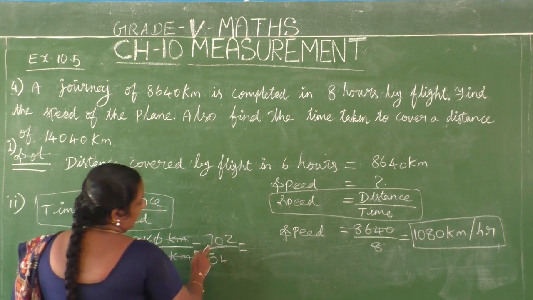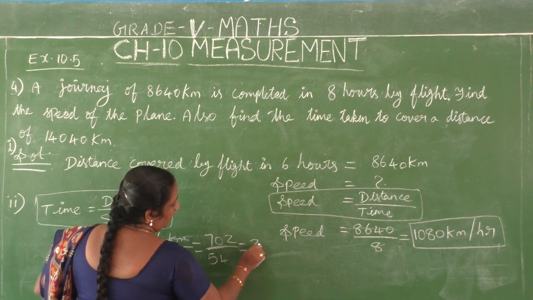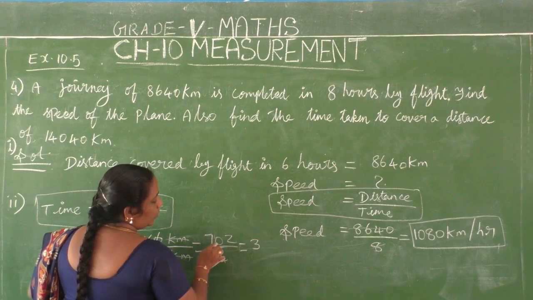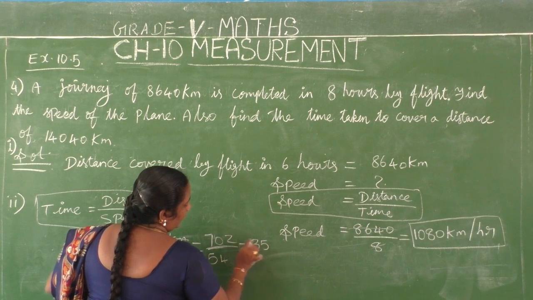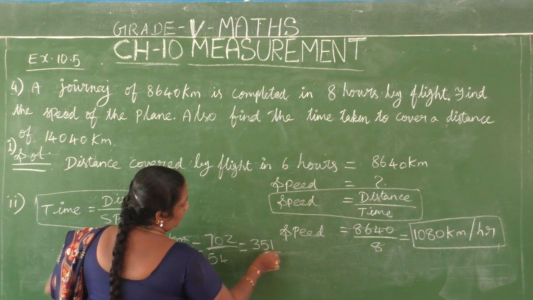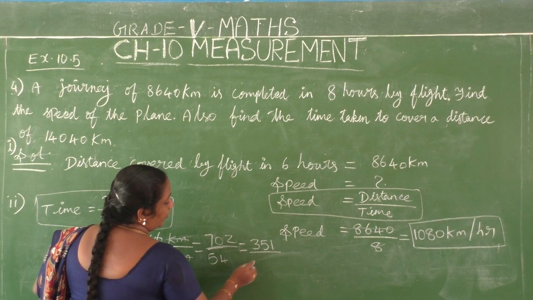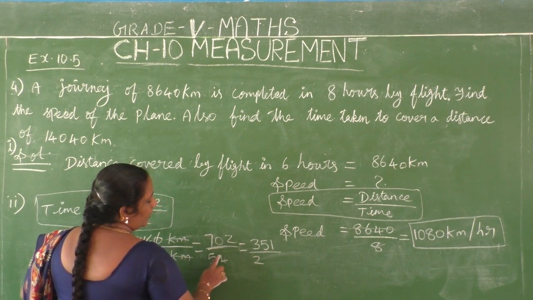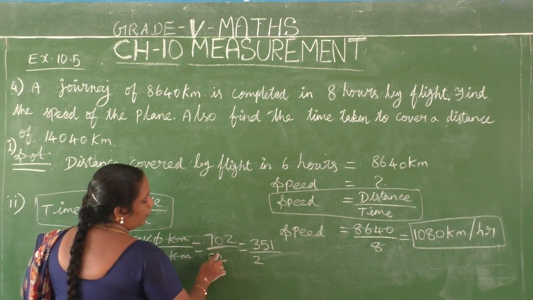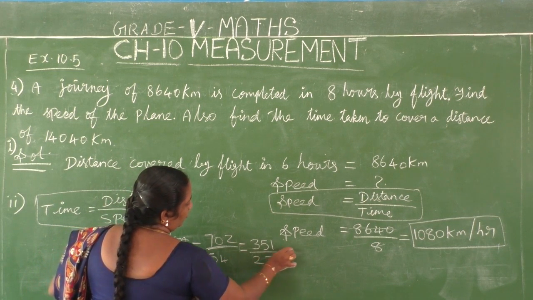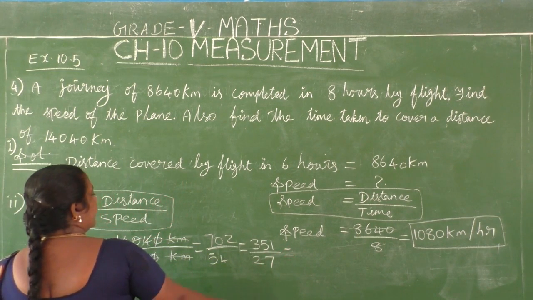So in 7 how many times will it come? 3 2s are 6, amma. So remaining 1, 10. 5 2s are 10. 1 2 is 2. By here in 54 means 2 2s are 4. Remaining 1 is there. Now you have 14. So 7 2s are 14. Okay. Then next I am taking